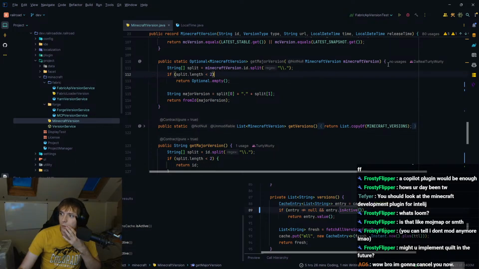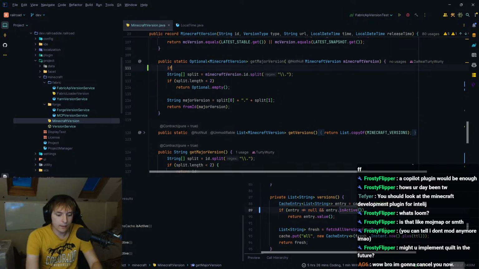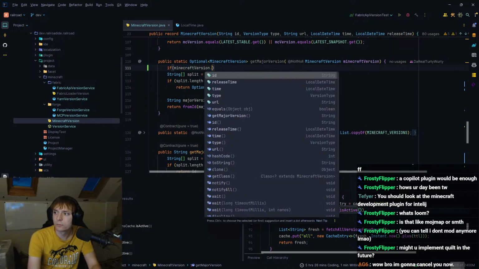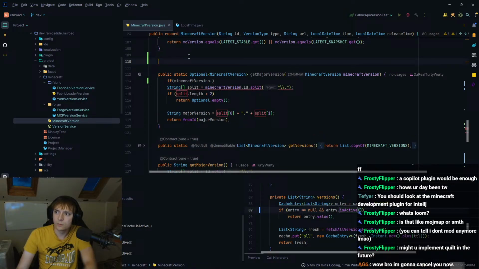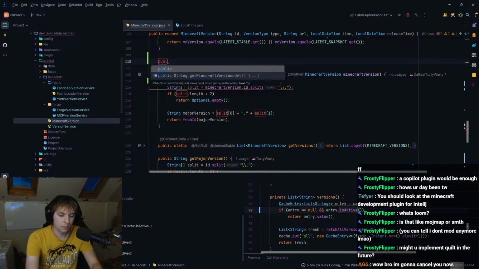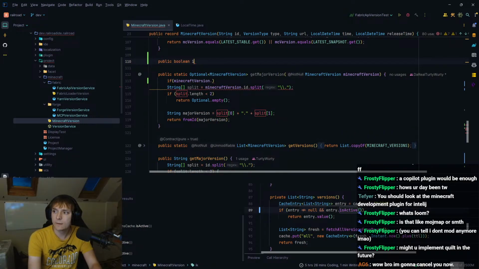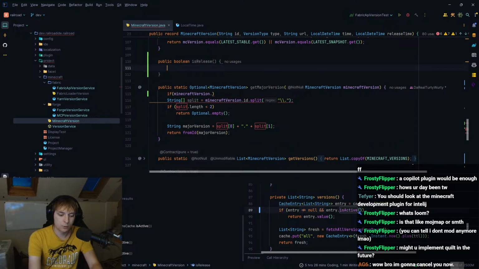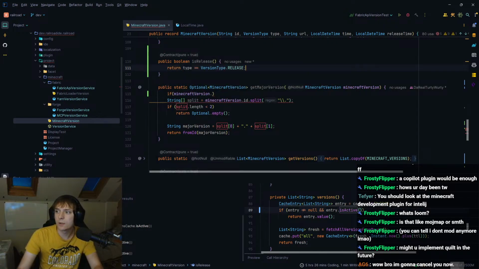So what we can do is, in Minecraft version, I want to have a release thing. Public boolean isRelease, and then return type is equal to release.